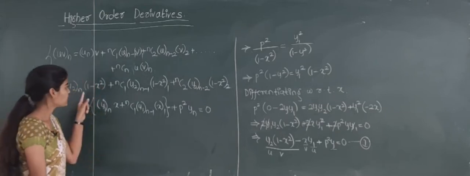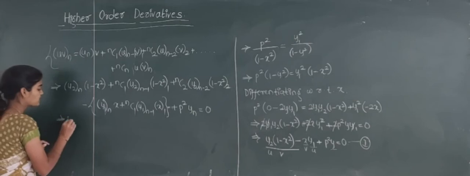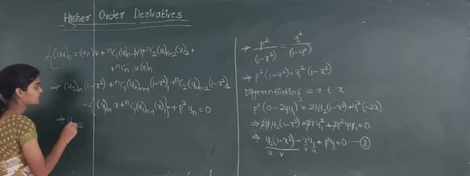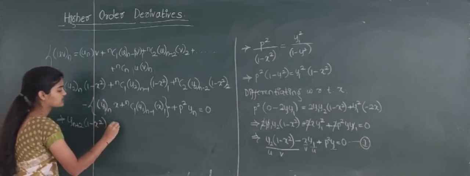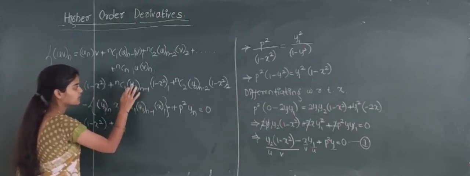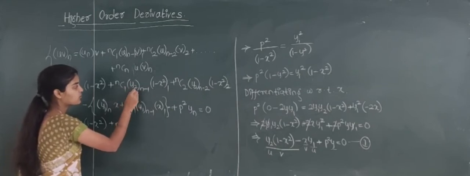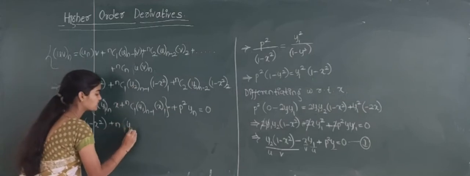Like that, if we are differentiating y2, its nth derivative will be y(n+2). Yn plus 2, and this 1 minus x square as it is, plus n into again the (n-1)th derivative of y2, that is y(n+1) and then the second derivative we will get. So that is nothing but